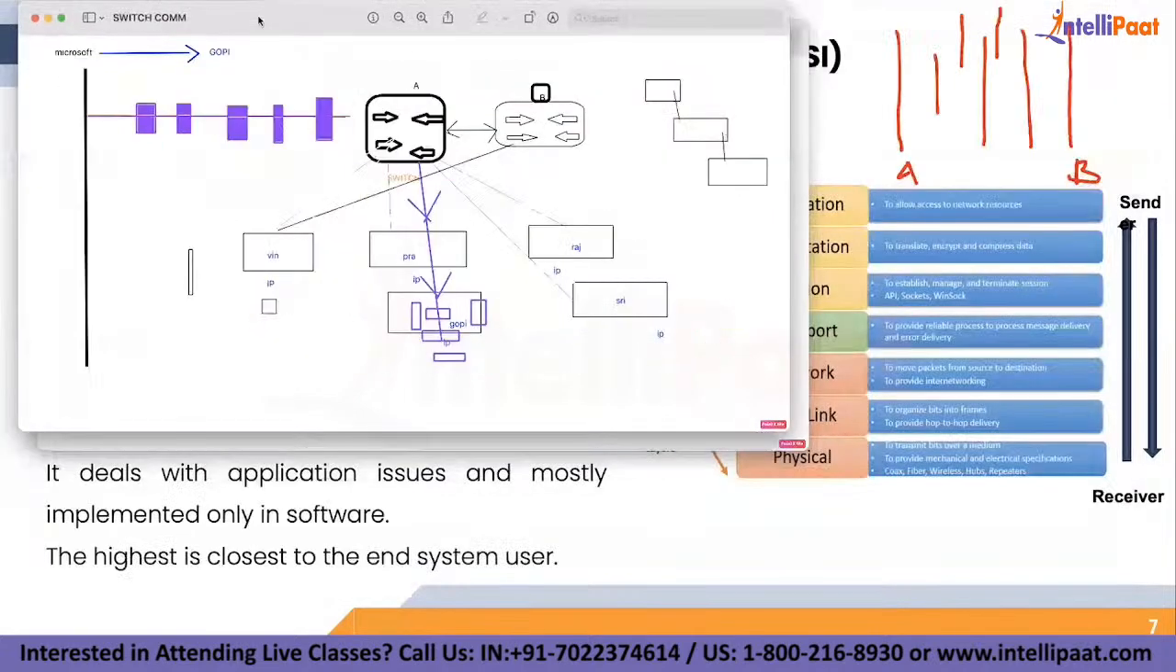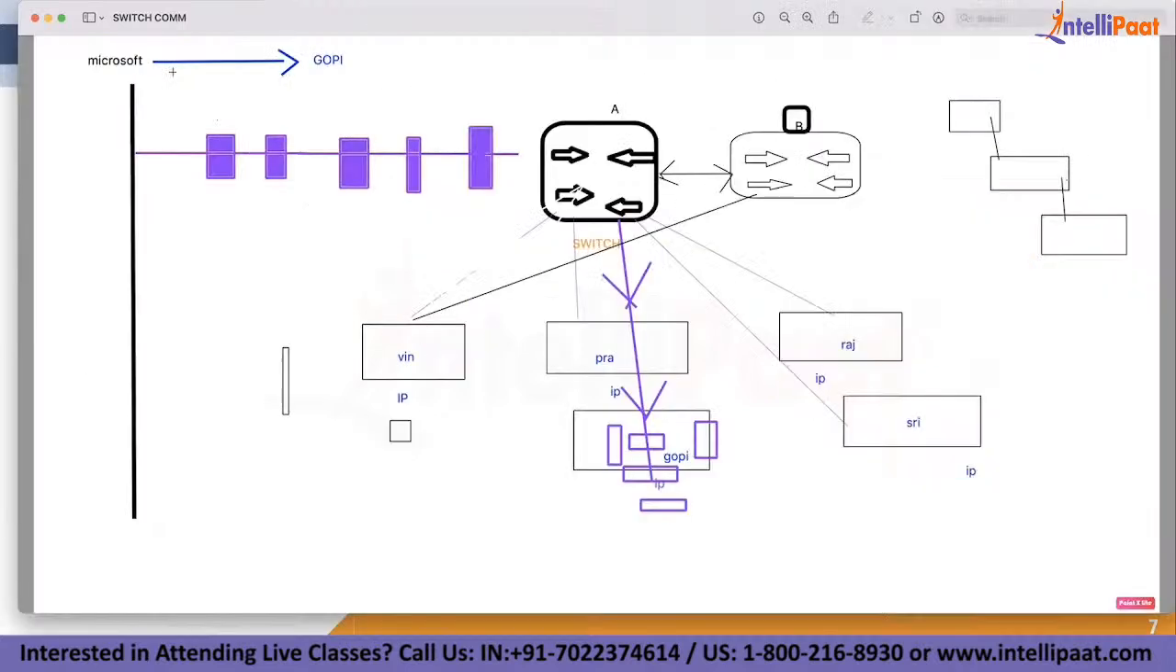Then comes switch communication. In a switch, we're talking about an unmanaged switch. Whenever a packet comes in, it is broken into multiple frames, right? And it reaches a switch. From here, it will be broadcast to the various clients connected to that particular port with a specific